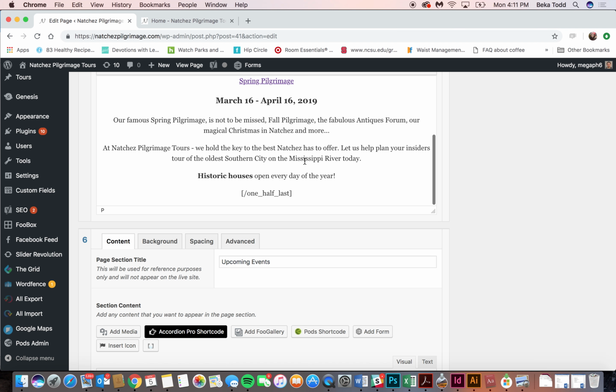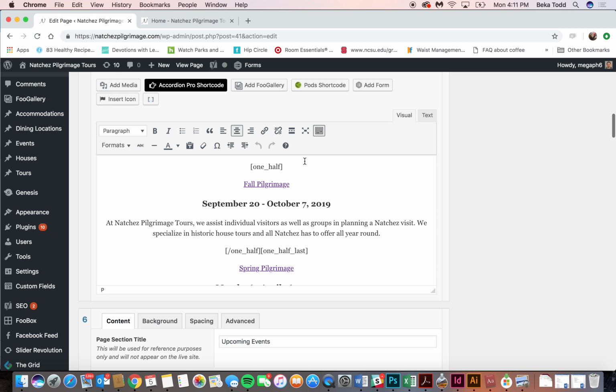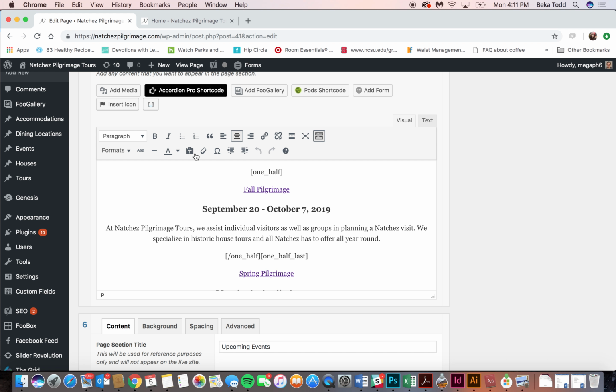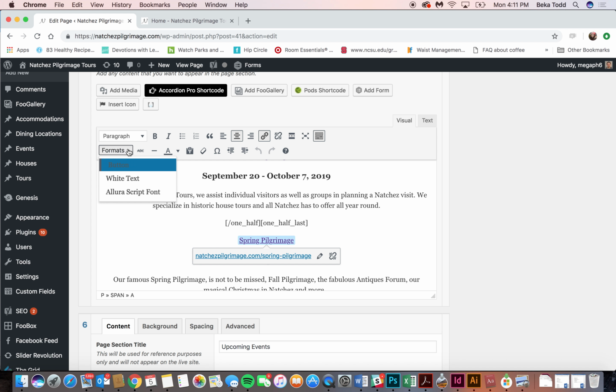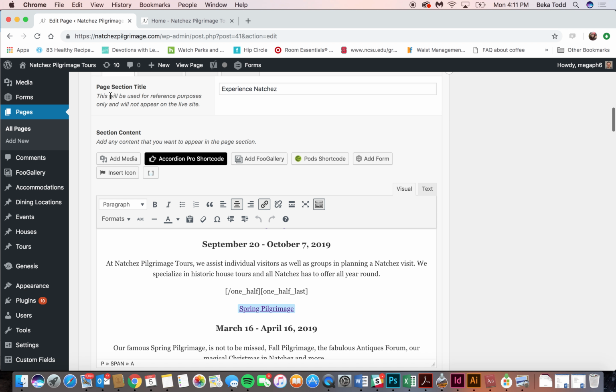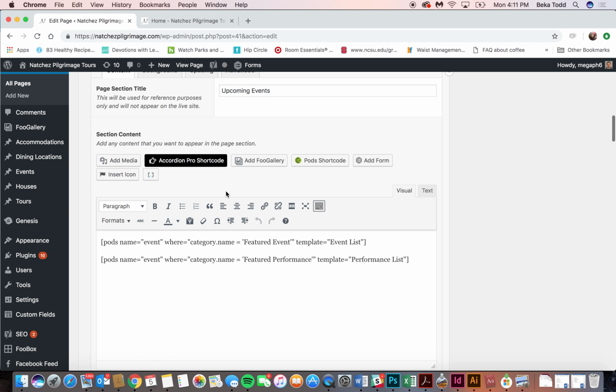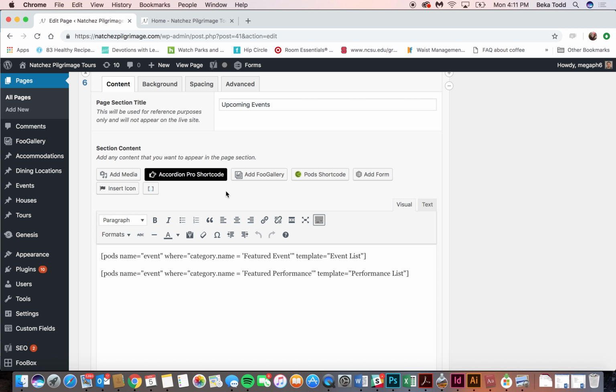And this is where you can update any of this text or any of these dates. And like I said, it all works in much the same way. And then these items are again formatted as a button. And in the next section, we've got